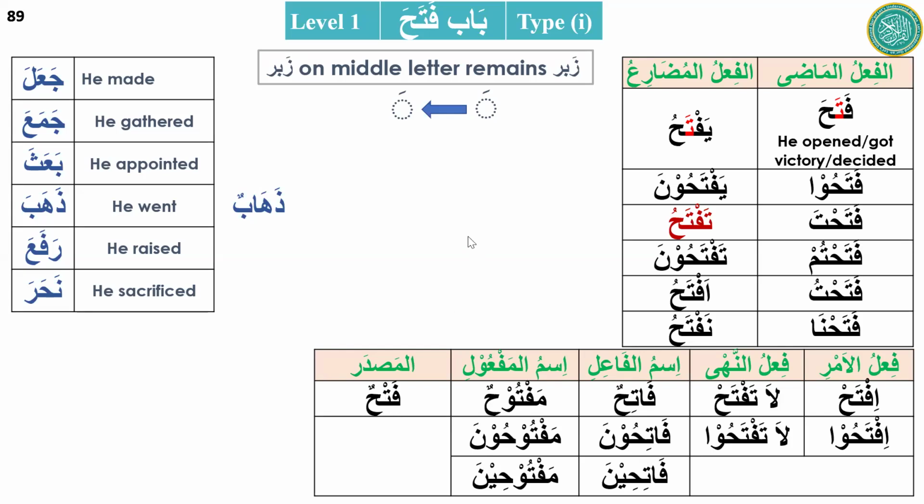Thank you very much. So this is the first thing we learn new, just this. Level 1, chapter 1, Bab Fataha. Fataha yaftahu. Fatha, fatha. Fataha means he opened. This is chapter 1. The remaining verbs we already practiced before in level 0, but because it is the same here, we are repeating. So we have to go to the breakout room and practice it, inshallah. And the meaning.